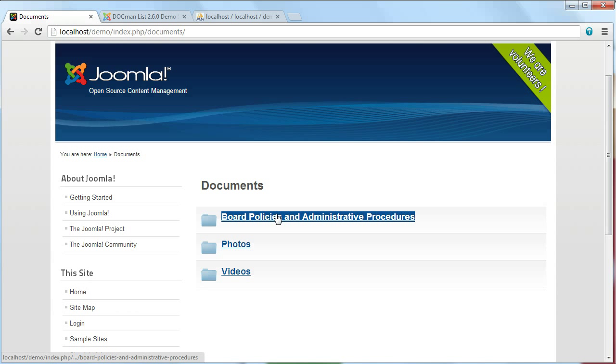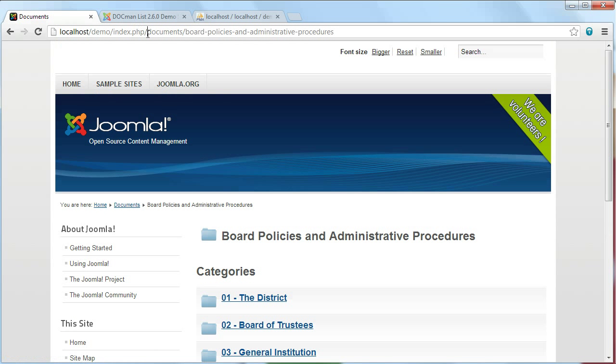So for example, board policies and procedures is documents/board policies and procedures. So we needed this root area to give the SEF URLs that anchor to build the rest of the URL off of. Okay, so now that we have that,